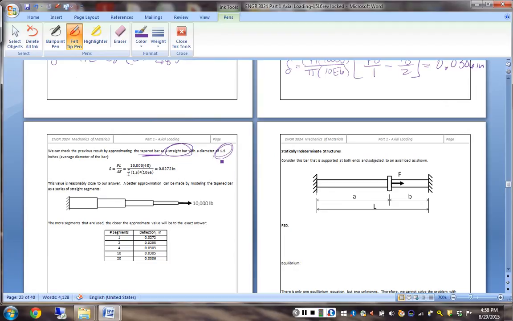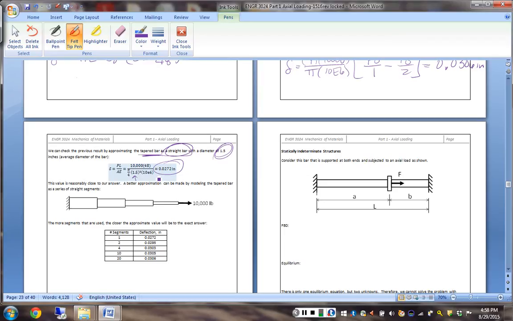And you can substitute that into our deformation equation, where the deformation delta is equal to the load times the length over the area times the modulus,